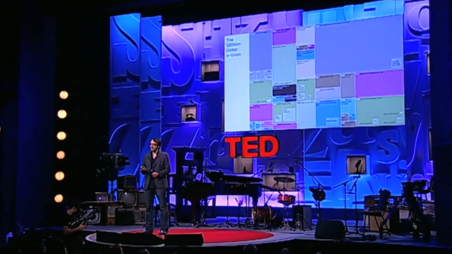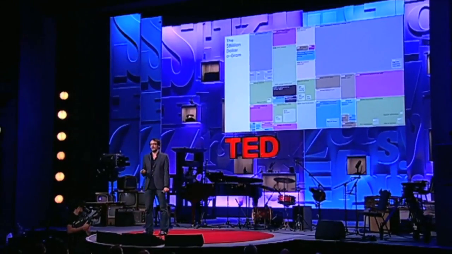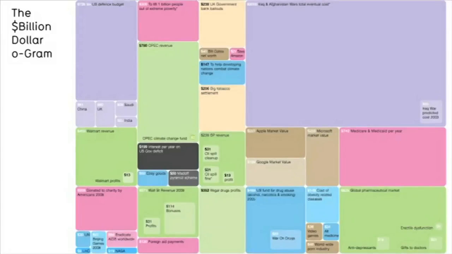So now, it's great. Now we have this texture, and we can add numbers to it as well. So we can say, well, a new figure comes out. Let's see, African debt. How much of this diagram do you think might be taken up by the debt that Africa owes to the West? Let's take a look. So there it is. 227 billion is what Africa owes.